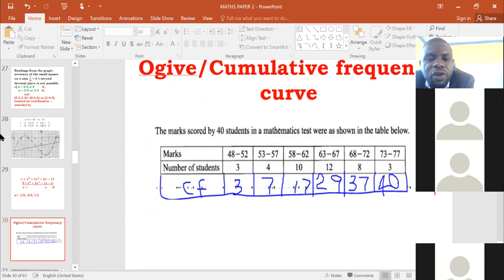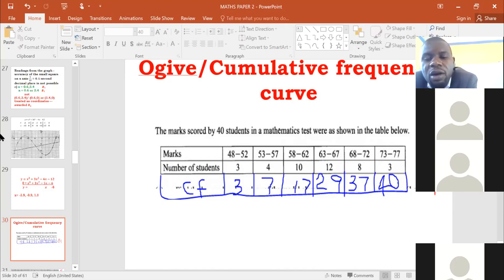Now, the moment you are asked to draw a cumulative frequency curve, or to find the median or the quartile deviation, the very first mark is always added on the table. Because for you to do all those, you must have got the values for the cumulative frequency. So straight away, go and fill the value for the cumulative frequency, like we have done there in blue. That column for CF will award you 1 mark